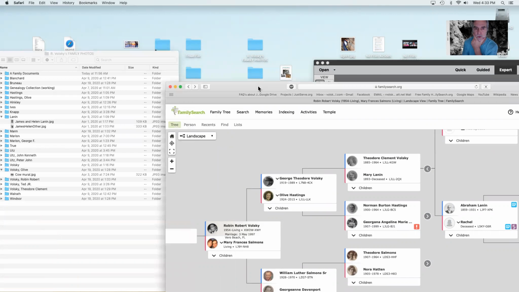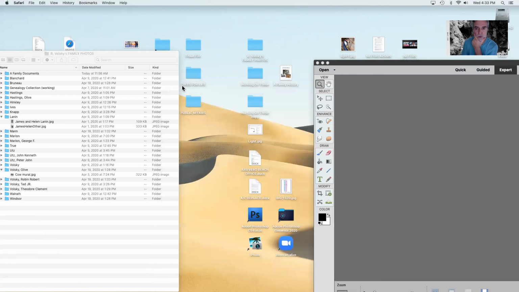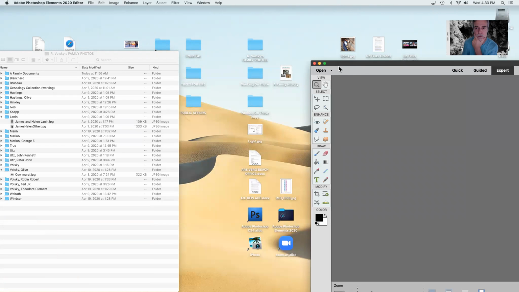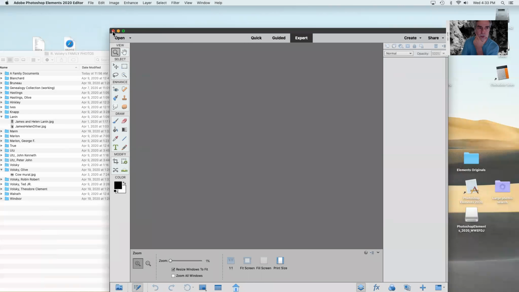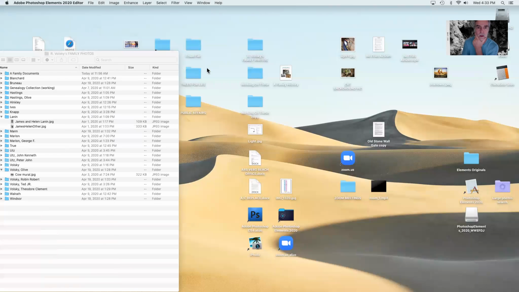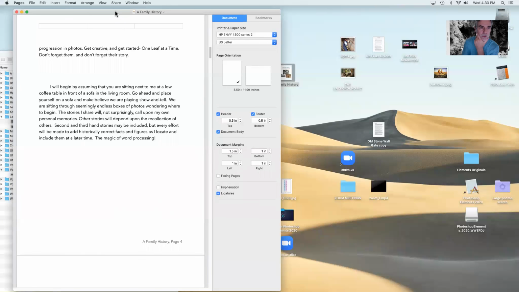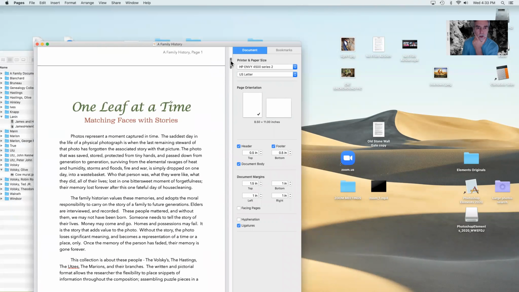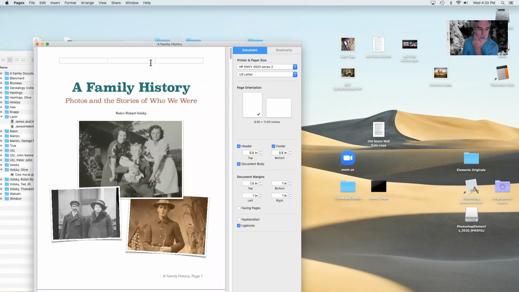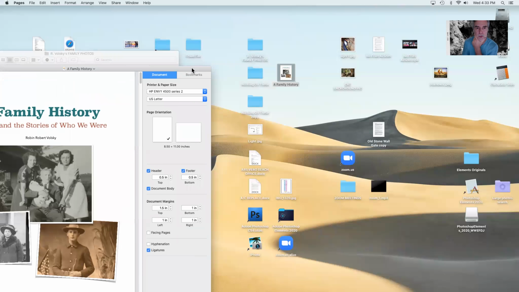So there I've covered Family Search and the use of Photoshop Elements and writing little articles using your word processing program. And it can be pretty fun once you just start with one picture at a time, identify that person, and start putting them